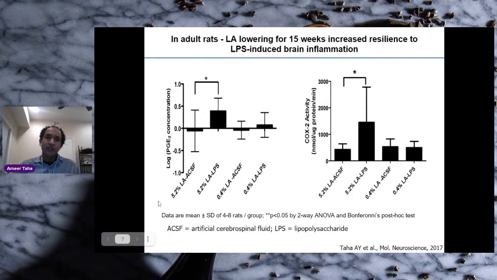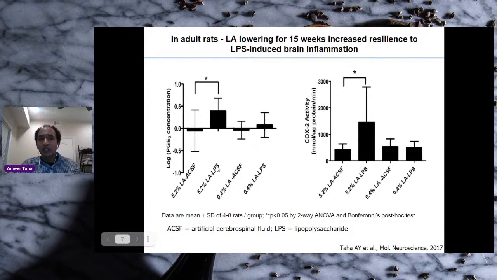This is a complicated slide, but what we did was we fed rats a low or high LA diet for 15 weeks. Low is about 0.5% LA, which is close to the minimum energy requirements needed for rats. And high was about 5%. Going back to that slide, in the US, most of us are above 5% energy LA, in fact around 7%. And after 15 weeks, we challenged rats on either diet by directly injecting into the brain artificial cerebrospinal fluid,